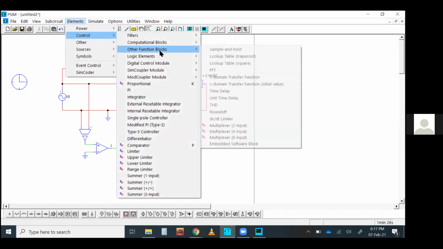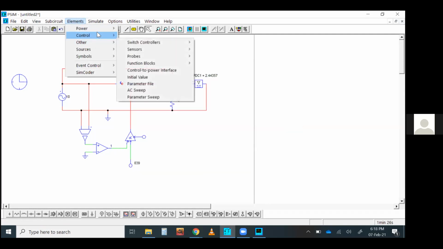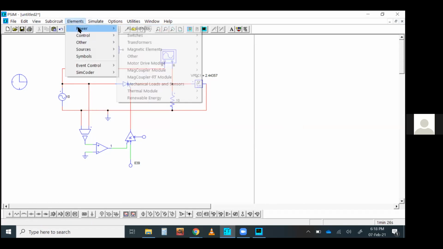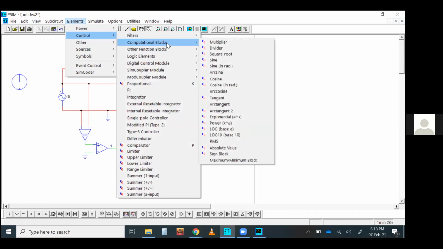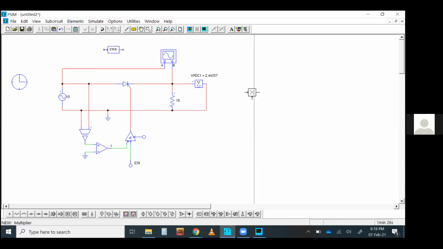And let's try with the RMS block. So what is it doing actually?